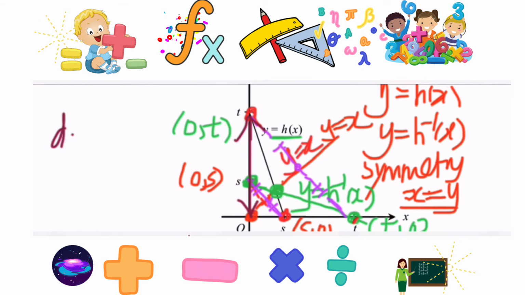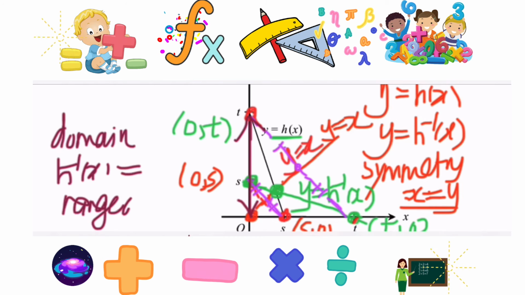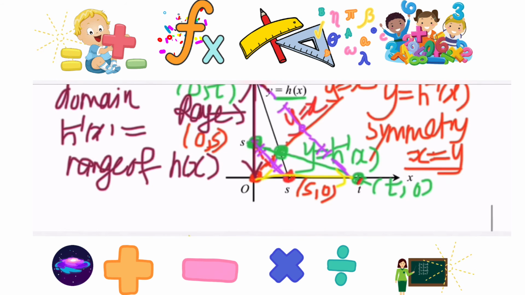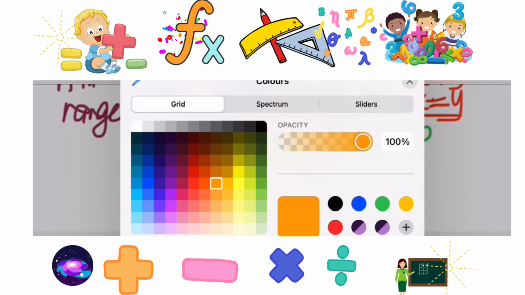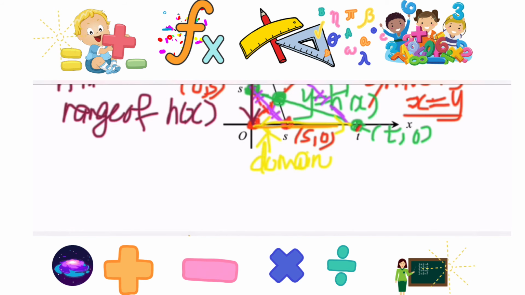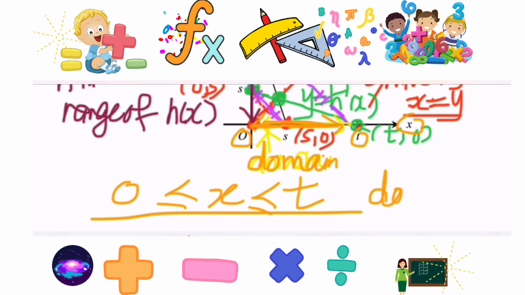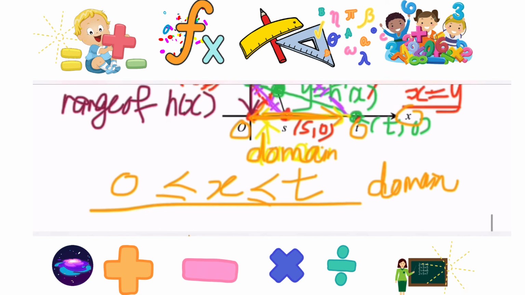The domain for the inverse function is equal to the range of the h(x) function. So this is the range, right? So it will become the domain here. This is the so-called domain. I'm going to highlight the domain here. It seems like from 0 to t. So we write x starting from 0 to t is the domain for the inverse function